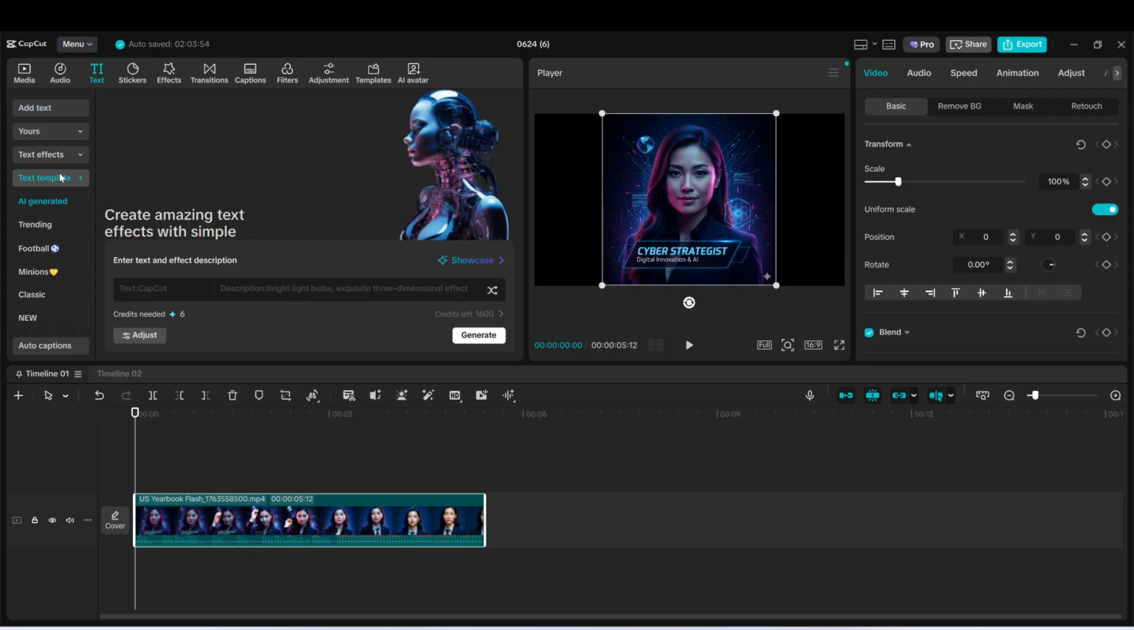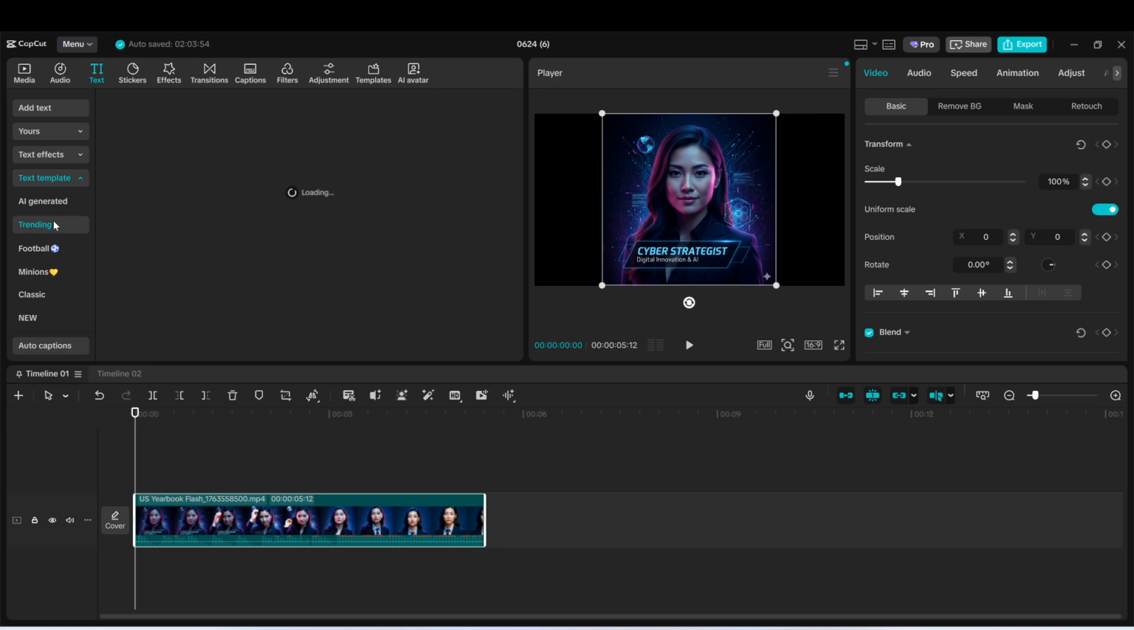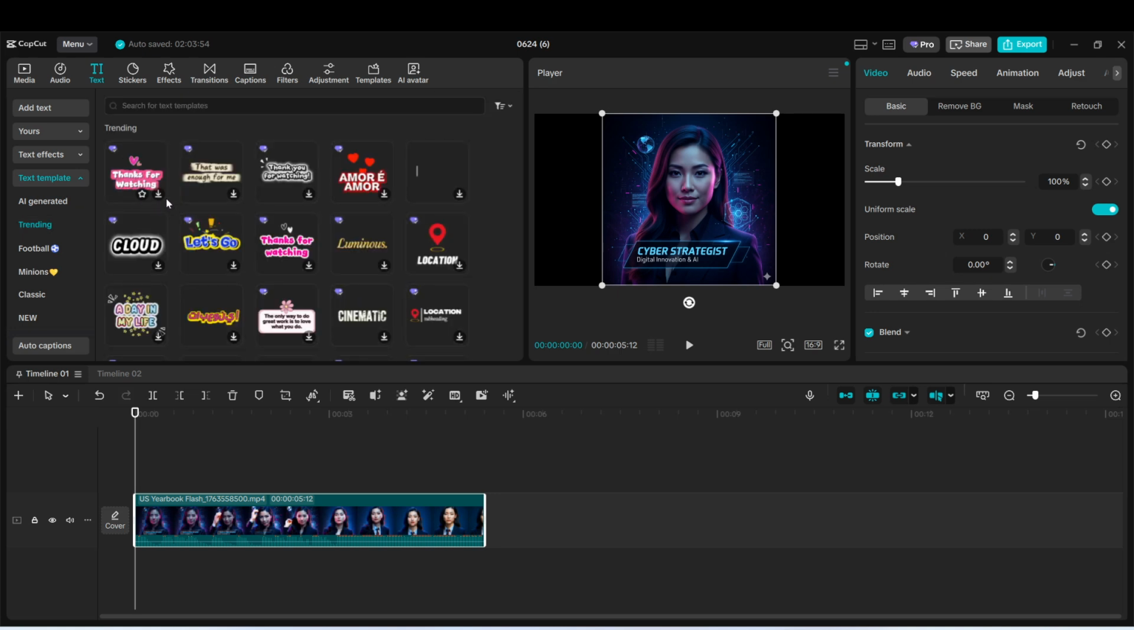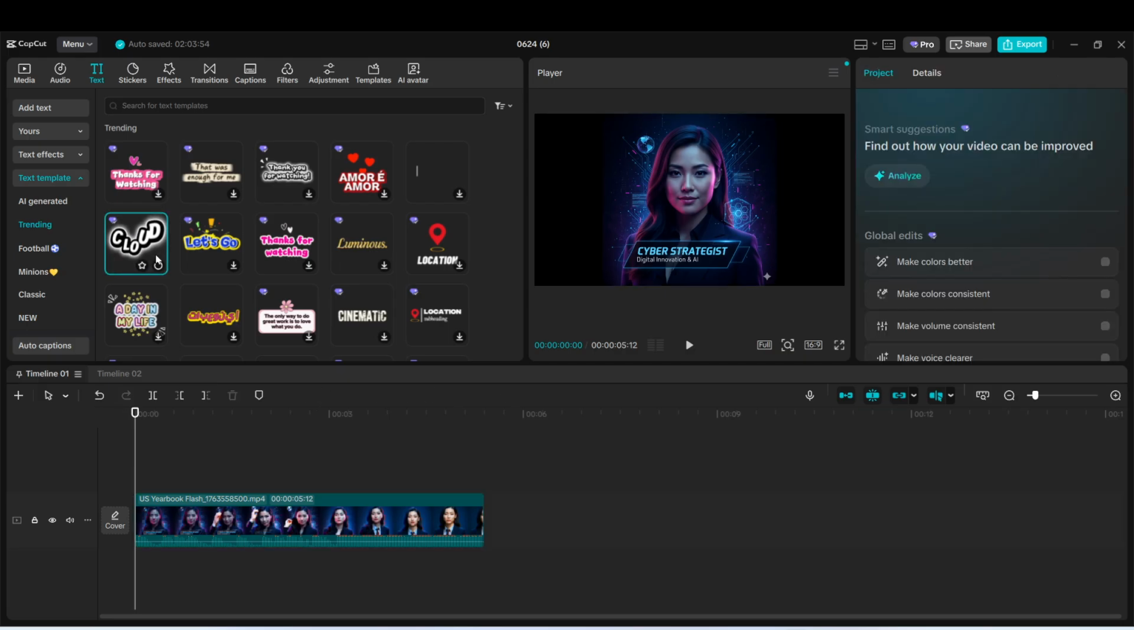If the template is not already installed, click the download icon, then wait for the template to finish downloading completely. This part only takes a moment in most cases, but it's important to let the download finish before trying to add it to your project. Once the template is ready, click the plus button on the template. CapCut will add it to your project, and after a short moment, it should appear on the text track in